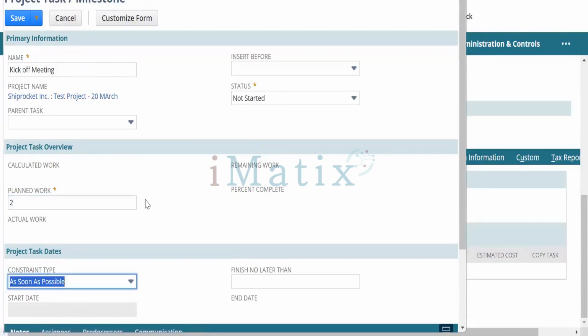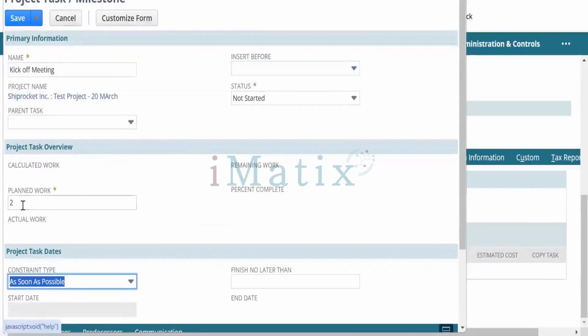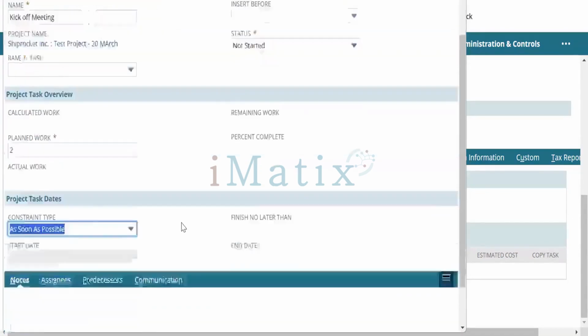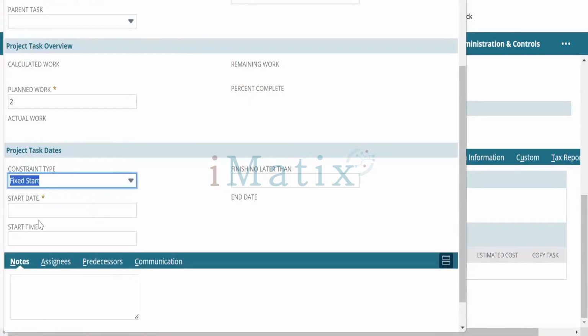That is in days. Is it the effort? Labor work is in hours. It has no days. We can select the date again: as soon as possible or fixed start. Let's say I'm keeping the fixed start. My start date will be the